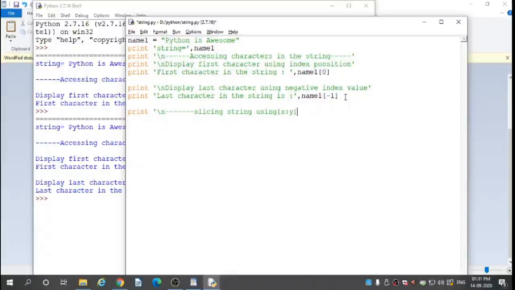Completed the square bracket, colon, single quote completed. Enter, print in single quotes slicing string from 0th to 6th character.